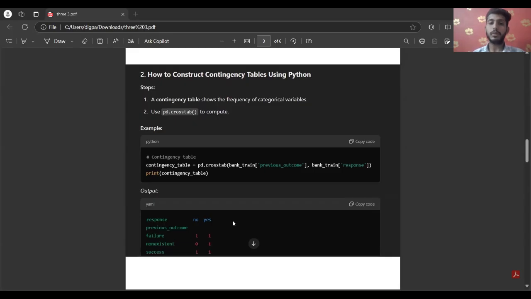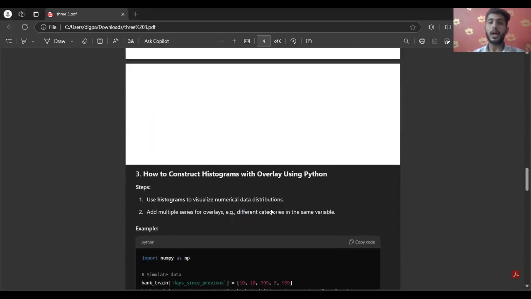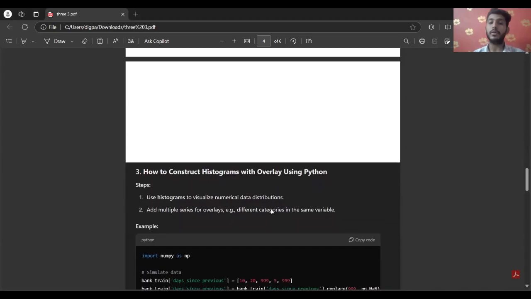So now let's move to the third one, that is how to construct a histogram with overlays using Python. Histograms are perfect for understanding the distribution of numeric data. Here we take numeric data to get a good understanding of it. So let's plot one for a variable. We can give a general name, days since previous. This is the name of the variable we are going to take,